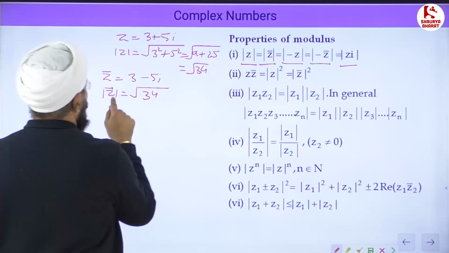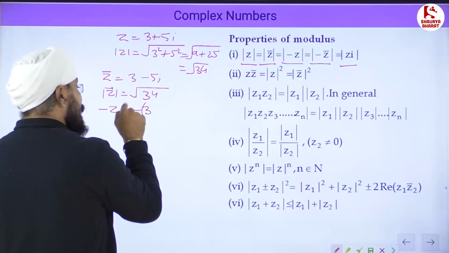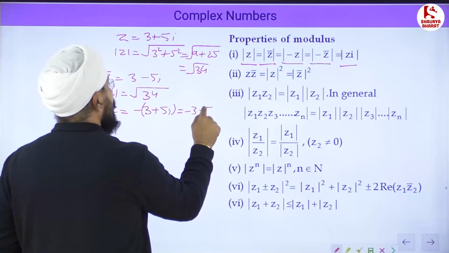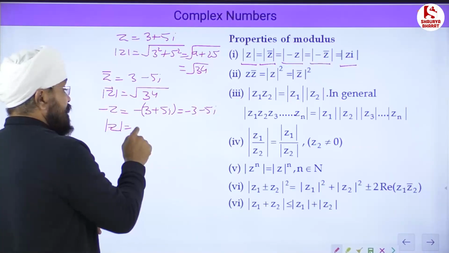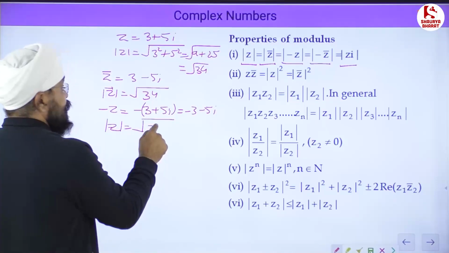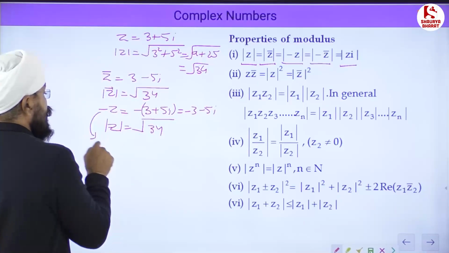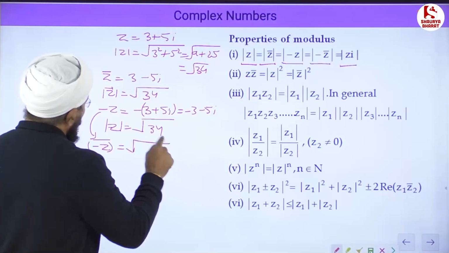And suppose if I want to find minus of z, this is nothing but minus of 3 plus 5 iota, which is minus 3 minus 5 iota. So again if I go with the magnitude of this particular complex number, this will again give you root 34. And suppose if I get its conjugate, that is minus z whole conjugate, this is nothing but again, dear student,